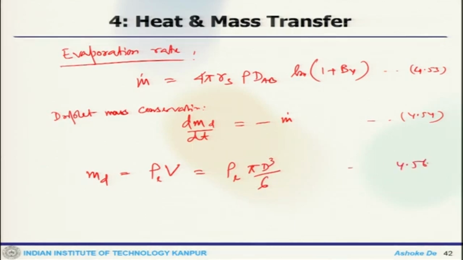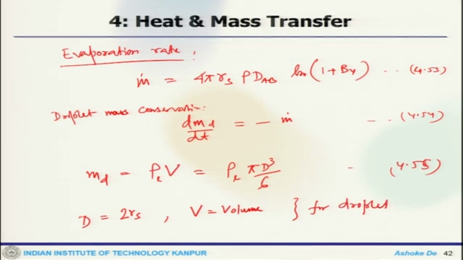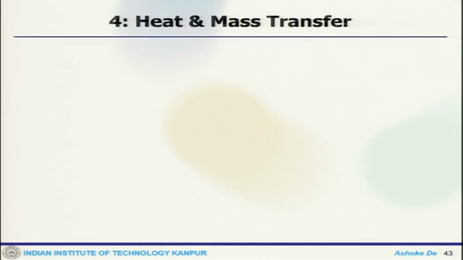So, that is 4.55, where d is the diameter and V is the volume. These are for that droplet. Now, once we get this, substitute 4.55 and 4.53 into 4.54 and differentiating,